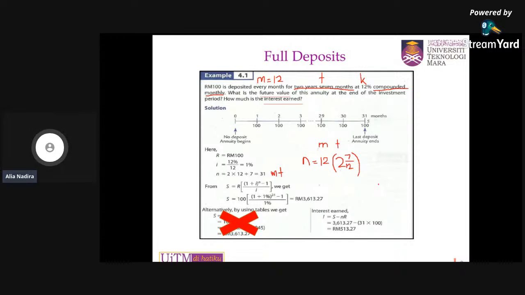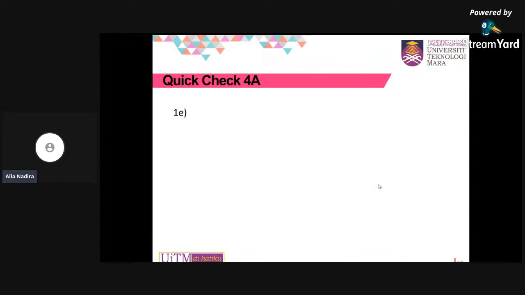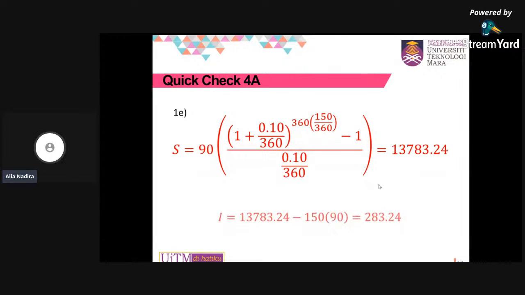So you kena familiar dulu dengan basic formula ni, macam mana you nak guna. Okay, macam mana nak ganti R, macam nak ganti I, macam mana you nak ganti N. Then only baru you boleh pergi soalan yang a bit difficult sikit lah. Sebab this one is the simplest question. Okay, so memang very direct question. So this one I put some of the example from the textbook. Quick check for A. If you have the textbook, you may refer.